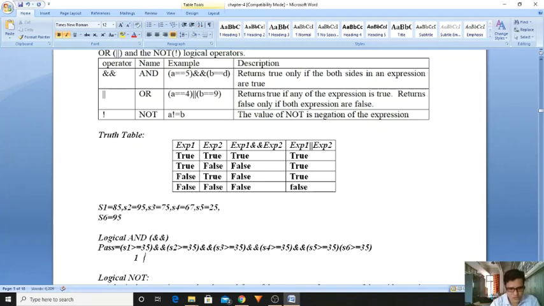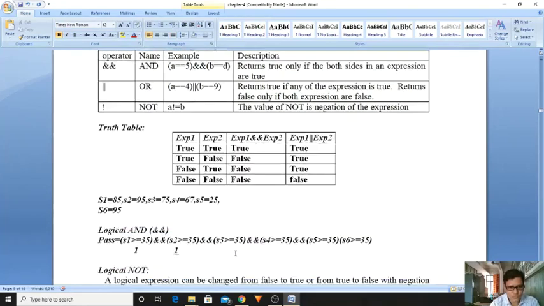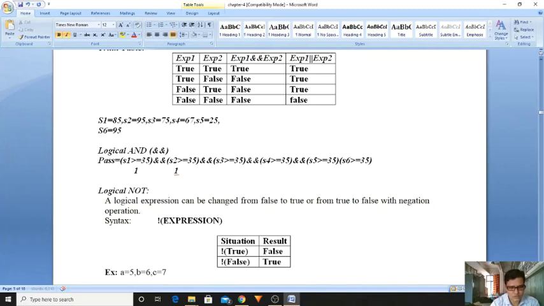Now S3. 75 greater than or equal to 35. True. So then what is the output? 1. Now S4. 67 greater than or equal to 35. True. If it is true, then it returns 1.